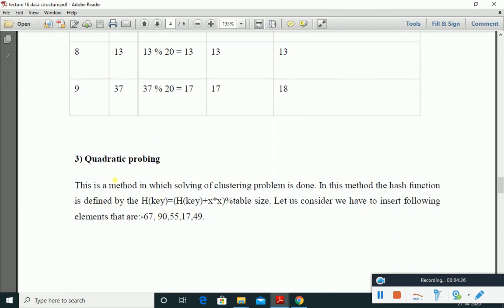The other method of collision resolution is quadratic probing. This is the method in which the clustering problem is solved. What is the clustering problem? It is when most of the records generate hash values that are near each other. So what we will do, after generating the hash key,